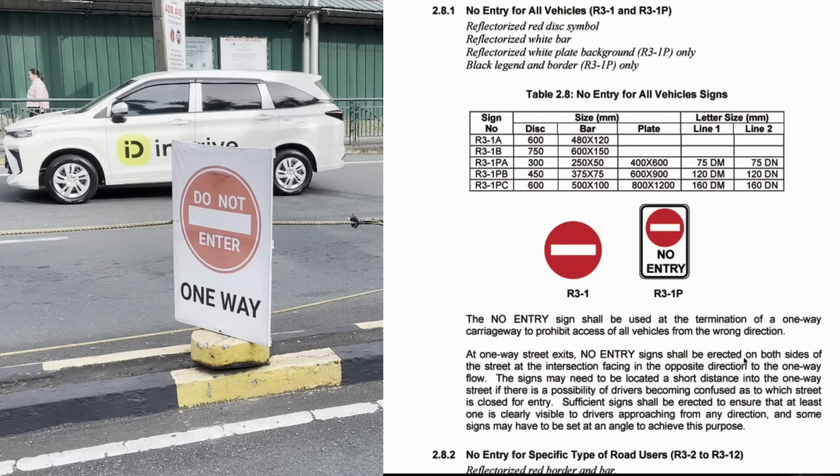I do not think the no entry sign that's there and the 2-way lane sign is to code. I can't find it in the guidelines. The Philippines has good guidelines for traffic signs. They should be made of metal, reflective, they're standards. These are not to any standard I've ever seen. So, first point is be very careful when you turn left with the counterflow lane from Meralco Avenue into Exchange Road,